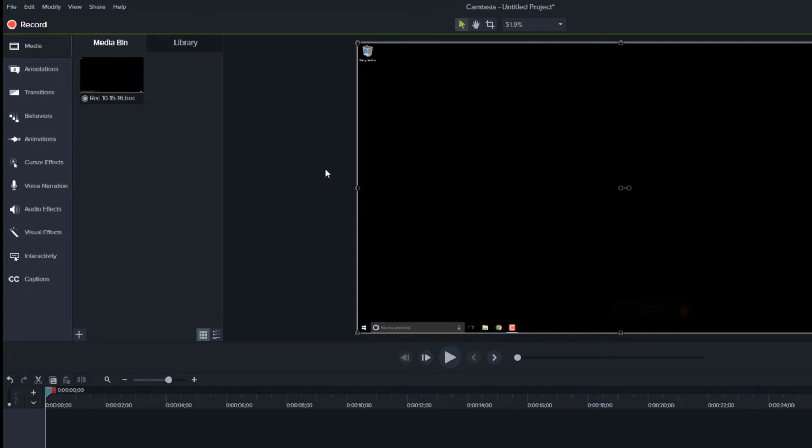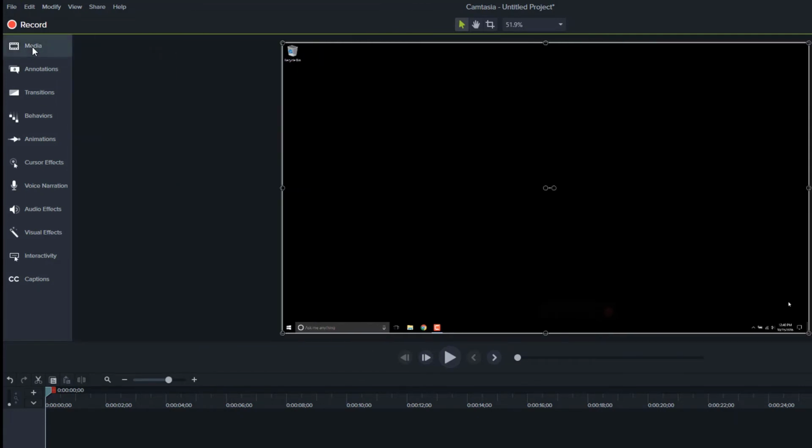Now we're going to spend more time on the media bin in the next section, so I don't want to spend a whole lot of time on the details of these, other than to show you that you can also collapse them. So if you have, for example, media open, if I click on it again, it collapses that. It's possible that you might need this real estate here where the canvas is. You need more space to see that working area of your video.